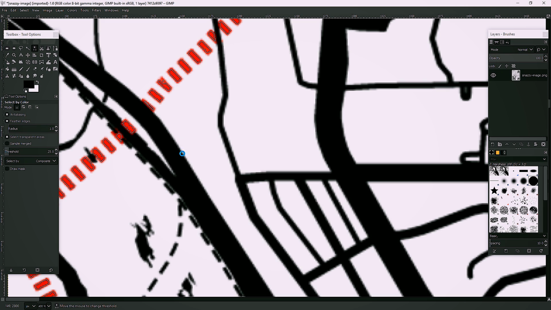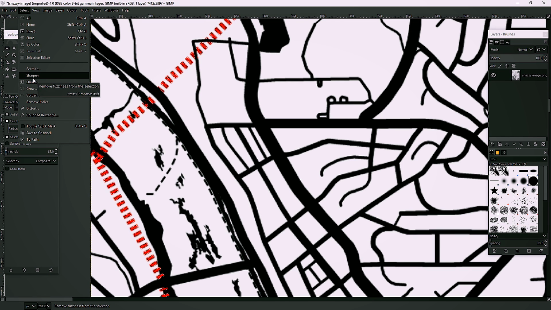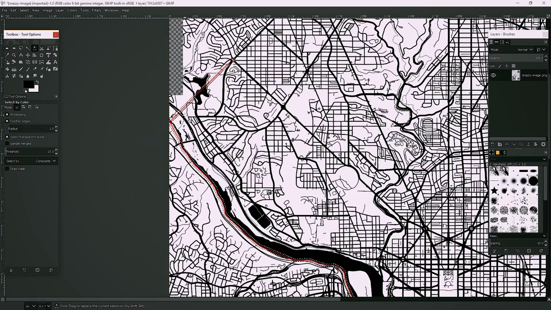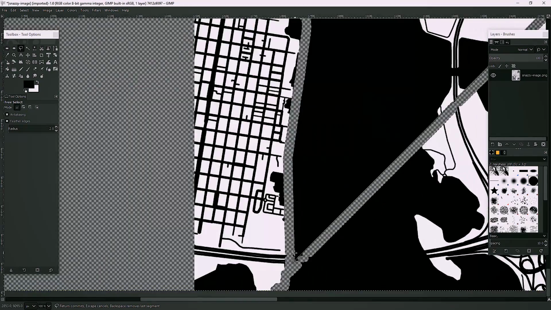Use the Color Select tool and select the red border. Since it's a dashed line, go to Select, Grow, and set it to 10 pixels to create a solid line for your border. Hit Delete to remove this selection, and then clean up the border using the Free Select tool